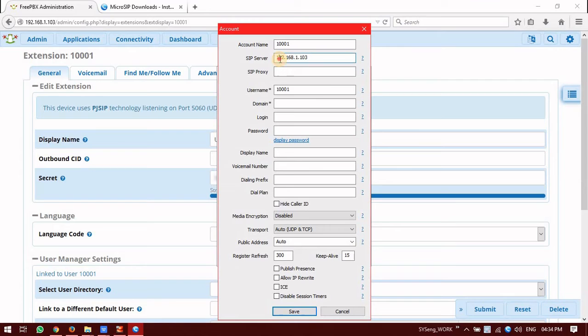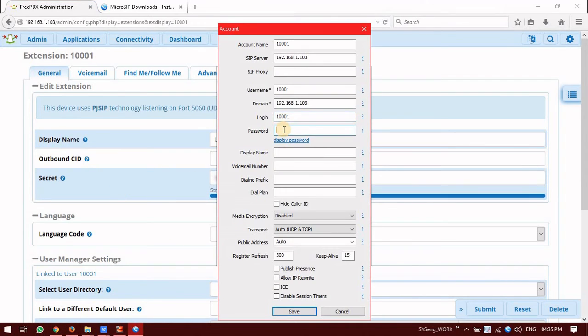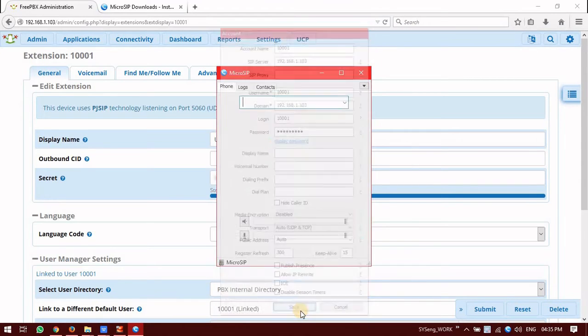The server IP and the domain name are the same. The login ID is the username, because to log in to any SIP account you have to use the extension as name and the secret as password. So we'll just copy this password, go here, enter the password, and just click on save.